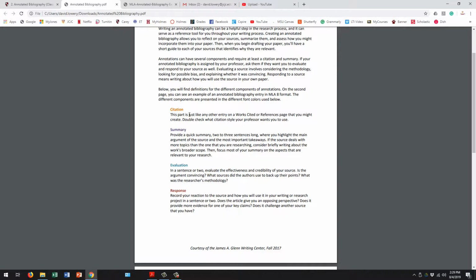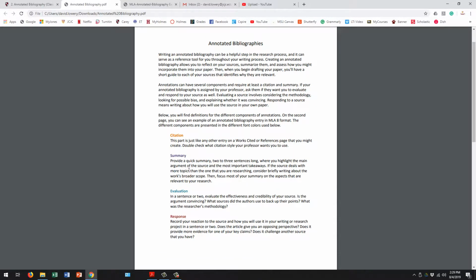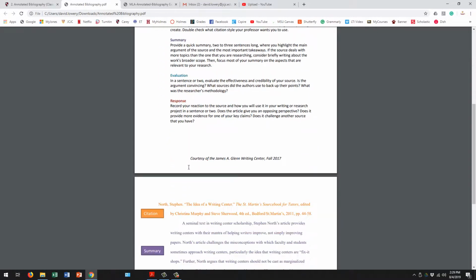Keep in mind that each one of the annotated bibliographies is going to have a citation or a bibliography entry at the top. There's going to be some brief summary, evaluation, and response to what is within the article about what is important regarding the topic that you've chosen to argue on. Read through this very carefully to see all of the details that have to be included in the annotated bibliography,